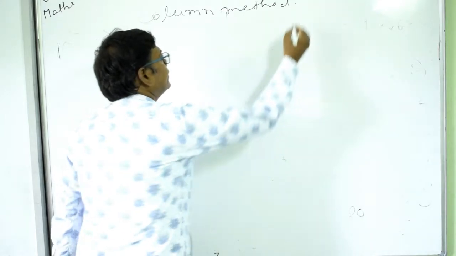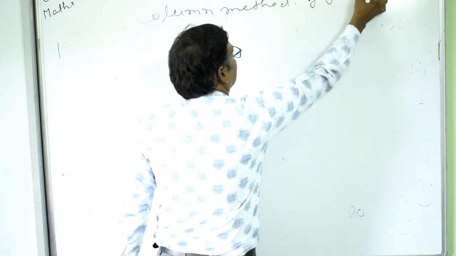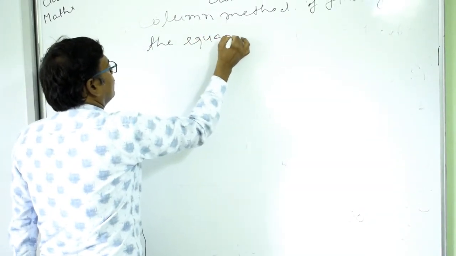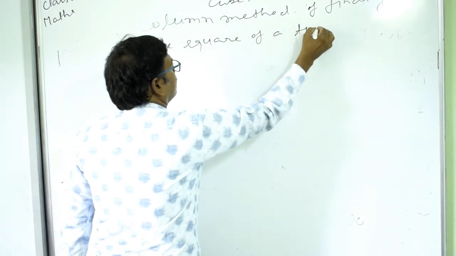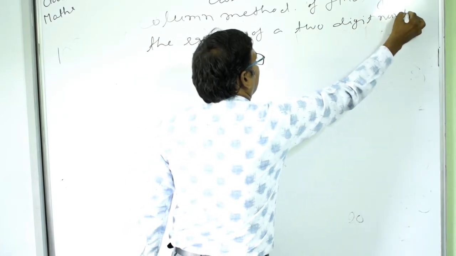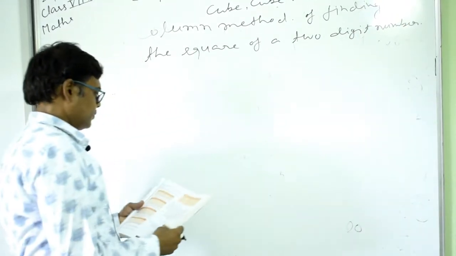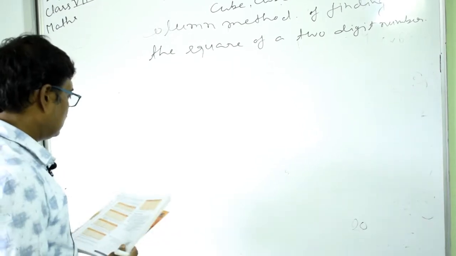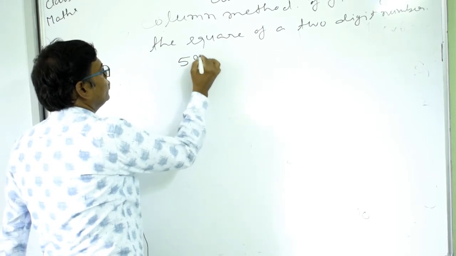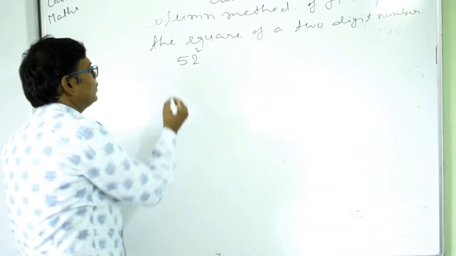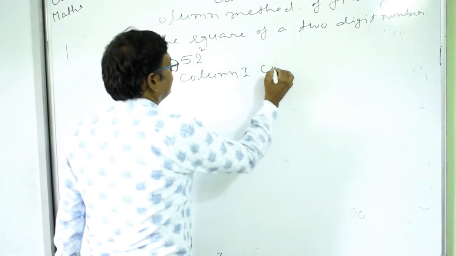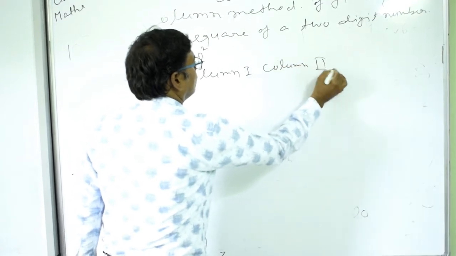Column method of finding the square of a two-digit number. In this, first take the example of a number 54, or take 52 here. That is, we have to find 52 square. So now make columns here: column 1, column 2,